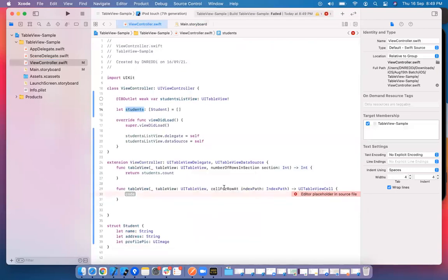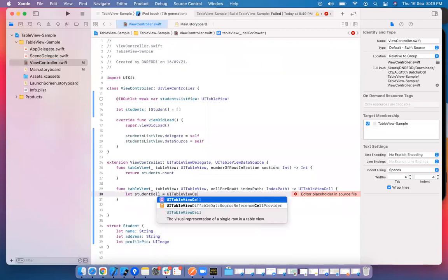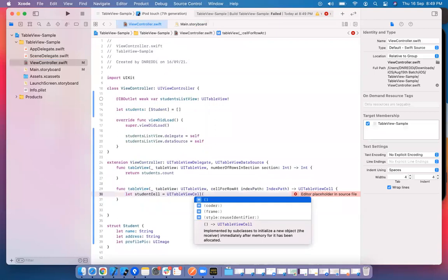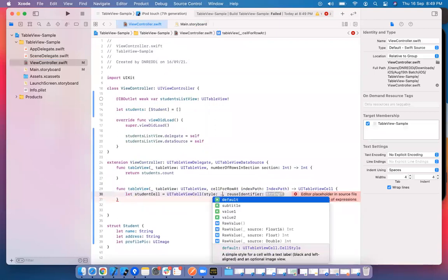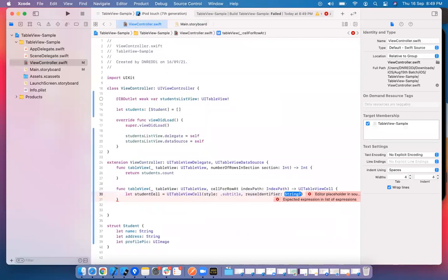This array is done. Now, the second thing we need to do is return one table view cell. Let me create one table view cell. Let studentCell equal to a table view cell. I'm using its style. The style is subtitle and a reuse identifier.